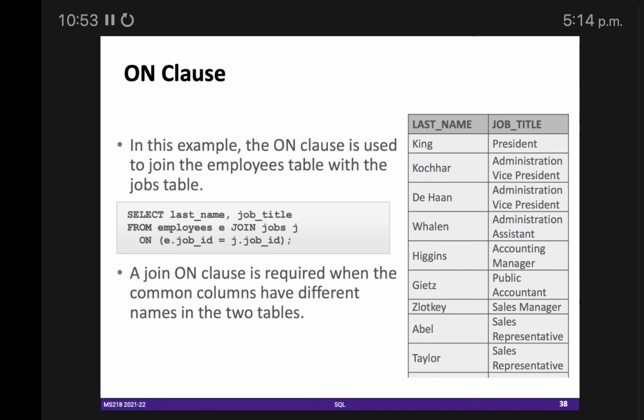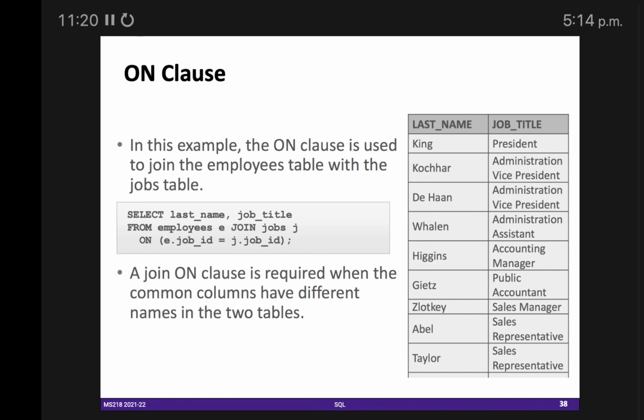You can use the simple ON clause for everything. Got this point? Why are we using e.job_id and j.job_id? Because the same name would be ambiguous for the DBMS, so we have to tell it we are talking about job_id of the jobs table, that's why we say j.job_id.